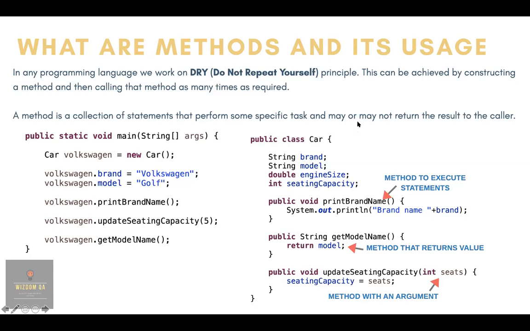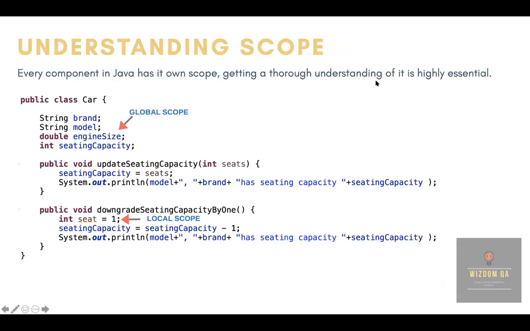So now that we understand a little bit of what a method is, I'm going to go to the next slide. Understanding scope. Okay, so let's look at the scope section. A car class is created, and you have created some